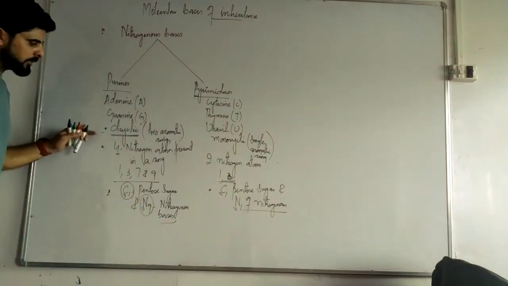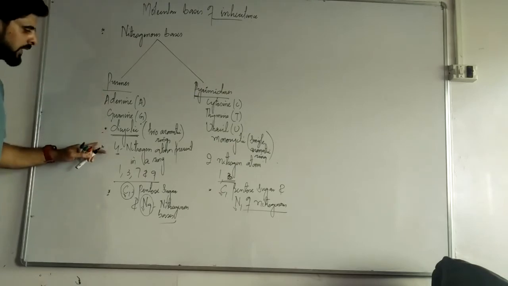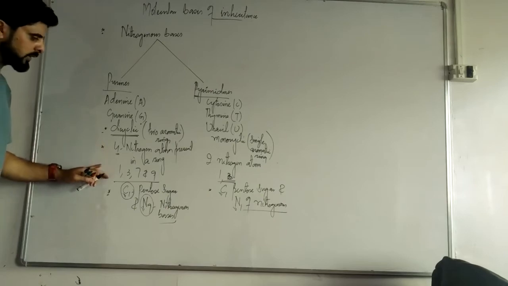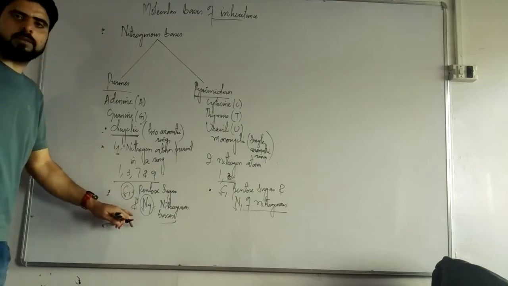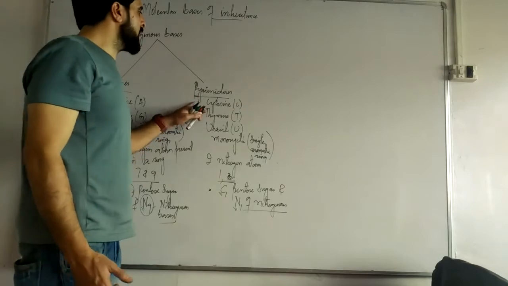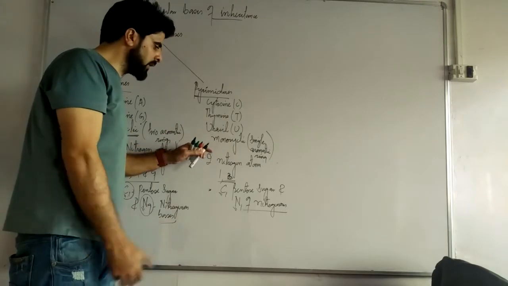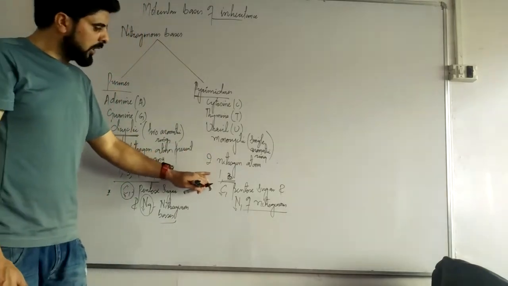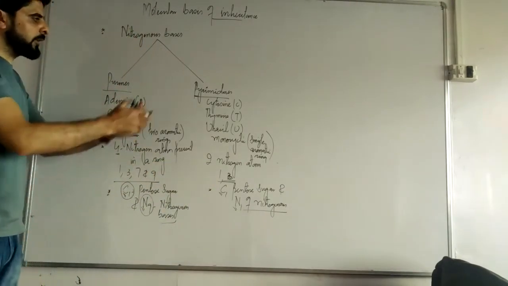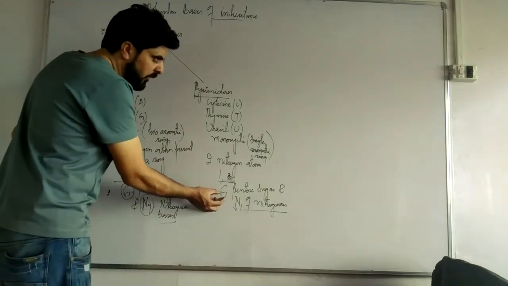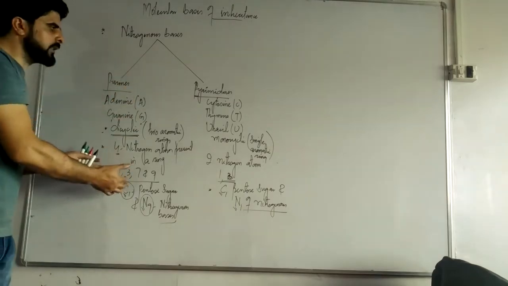So we have the different features of the purines. Purines are dicyclic, containing four nitrogen atoms located at positions 1, 3, 7 and 9. They make the bond with the pentose sugar between C1 of the pentose sugar and N9 of the nitrogenous base. Similarly, pyrimidines are cytosine, thymine and uracil. They are monocyclic, meaning they have a single aromatic ring. They contain two nitrogen atoms located at positions 1 and 3, and the glycosidic bond between the pentose sugar and these nitrogenous bases is formed at C1 and N1. Let's first look at the structures of all these nitrogenous bases.